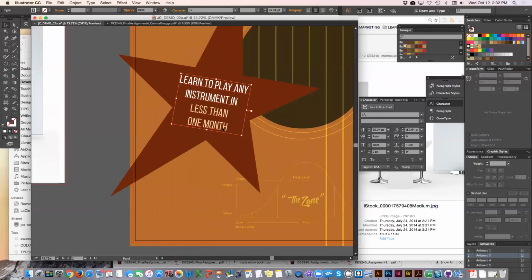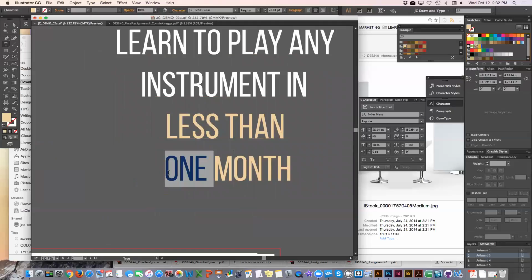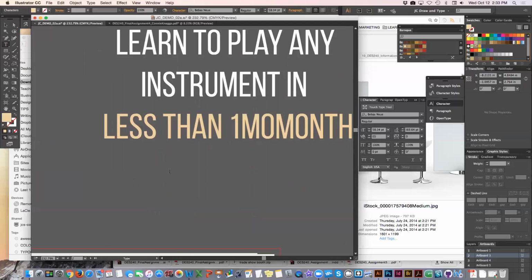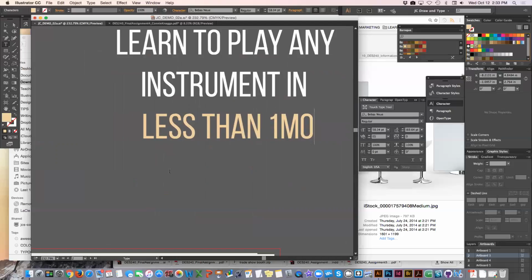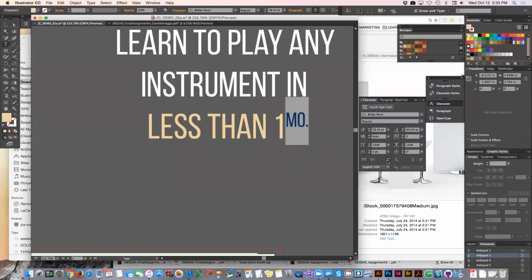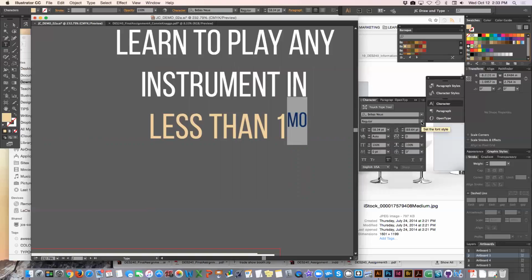I wonder too if we did something more interesting with the 1 month. Let's go, kept this on one line. 1, an abbreviated month. Maybe for sake of going faster, I'll just go superscript that instead of the period there, which kind of bothers me. I'm gonna maybe do like an underline or something. Let's see what that looks like. I don't use underline very much, but